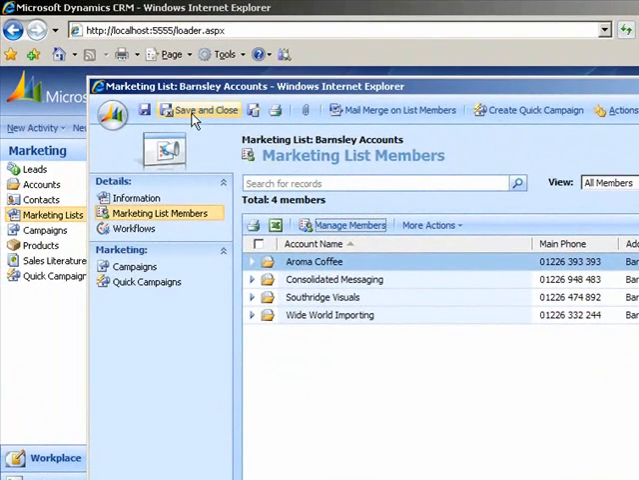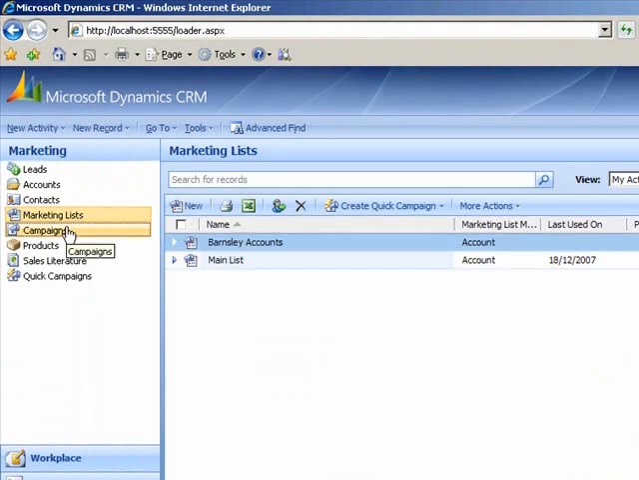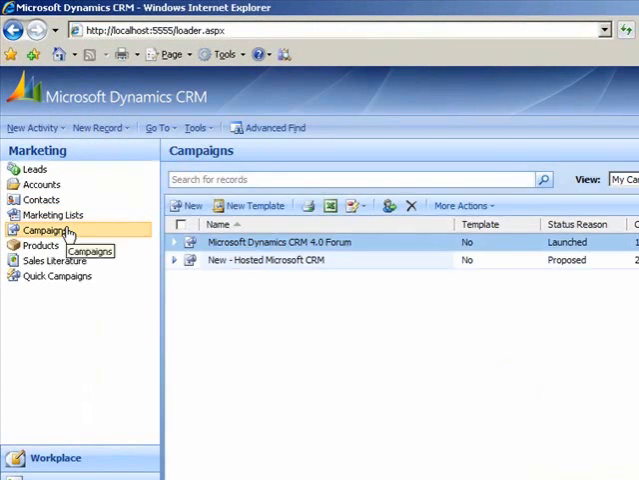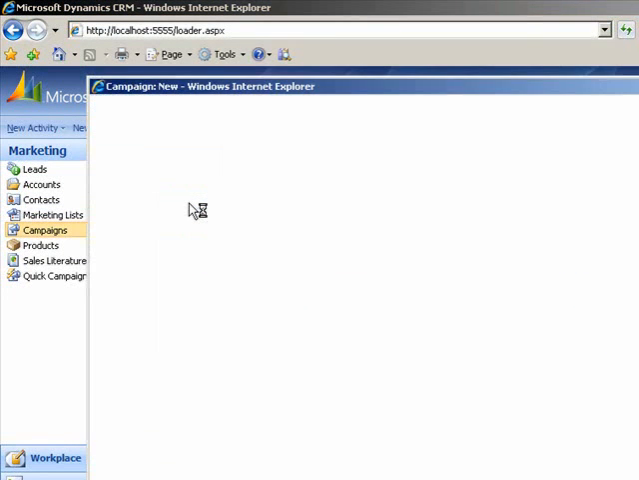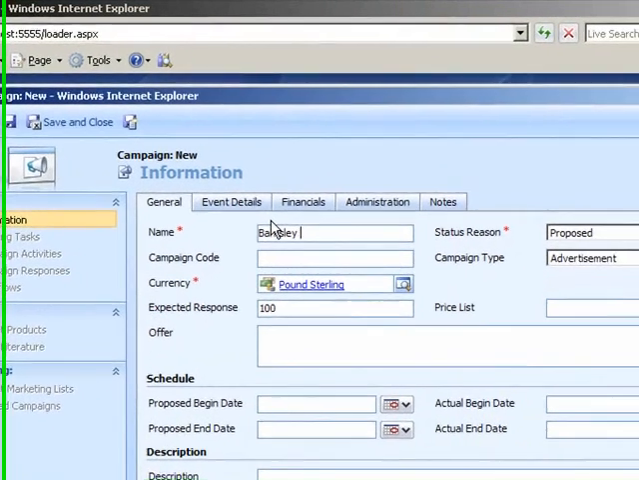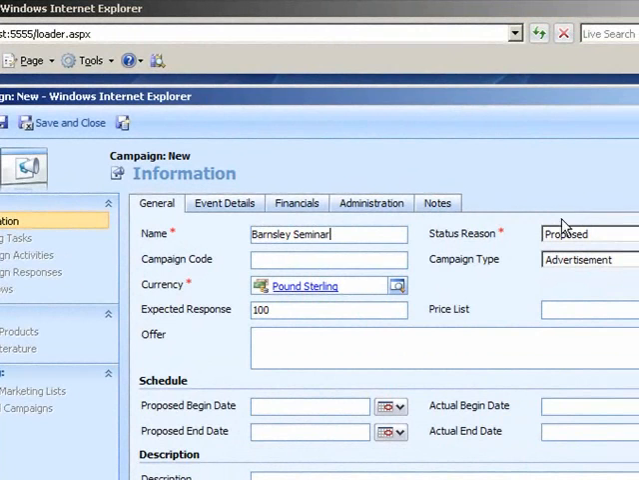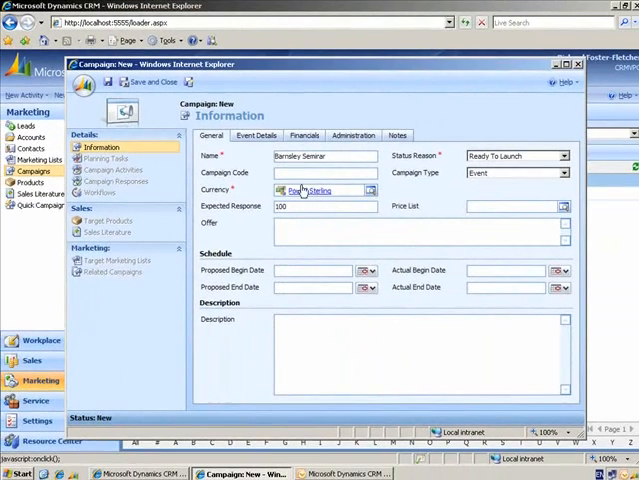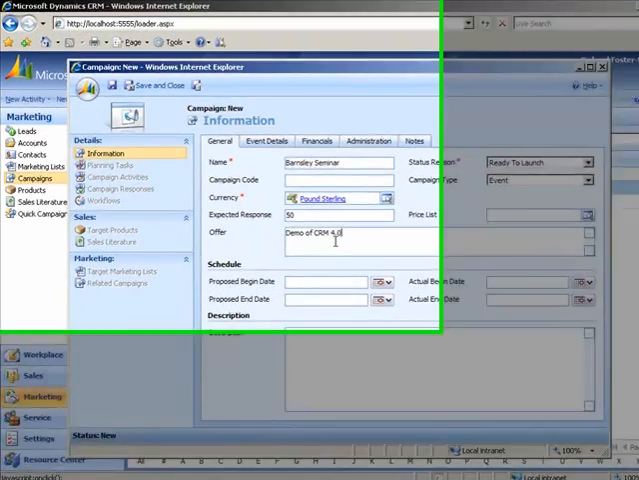Right, so now we've got that, we can go and put that into a campaign. So let's create a new campaign here, and we're going to call this Barnsley Seminar. And it's ready to launch, and it's going to be an event as opposed to an advertisement or anything else. It's going to give us a campaign code as soon as I save it. We're going to keep it in £, and we expect a 50% response rate for this. This is going to be a demo of CRM 4.0 to